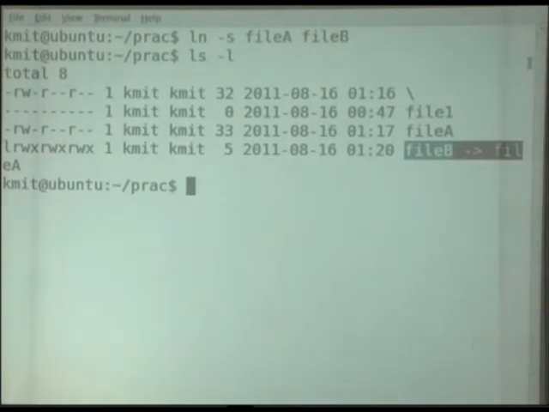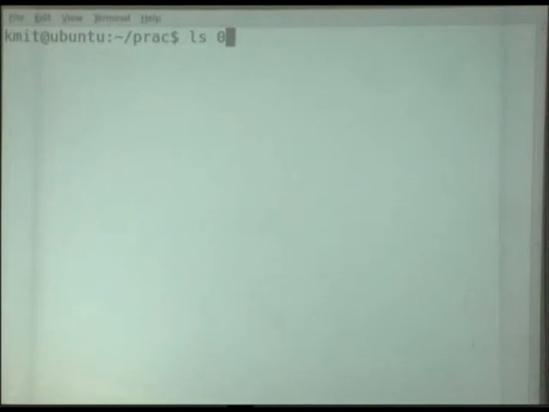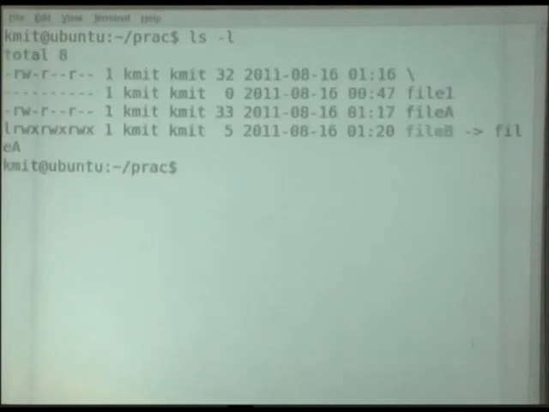Now the problem here is, can I create one more link? Let's see. File A, file C also. ls cannot access file C. Oh sorry, it should be ln.